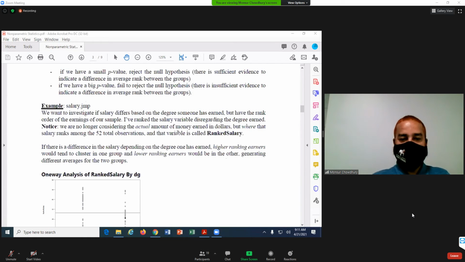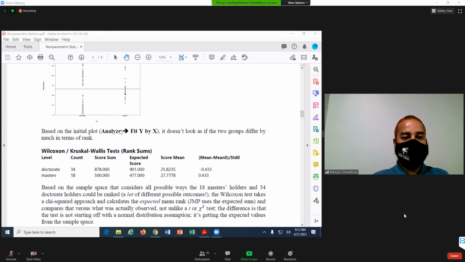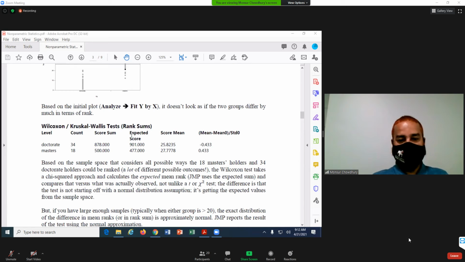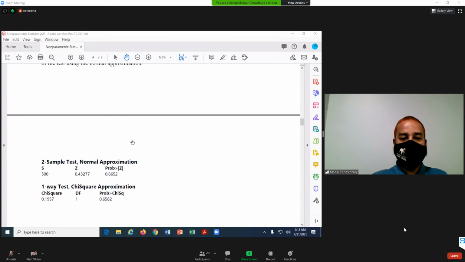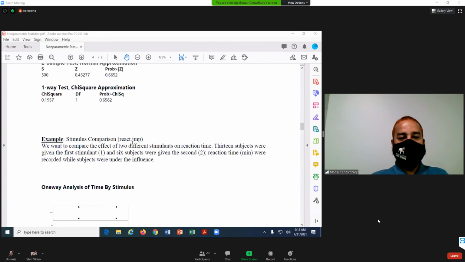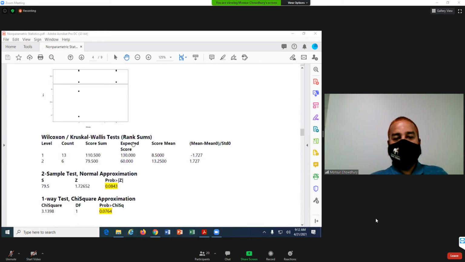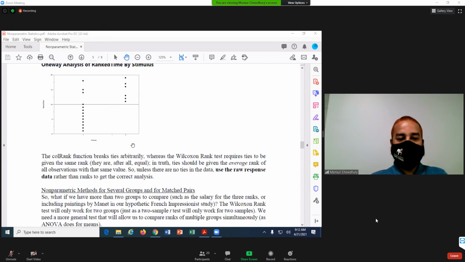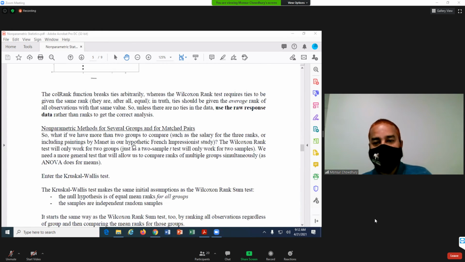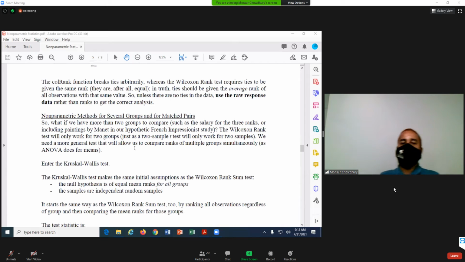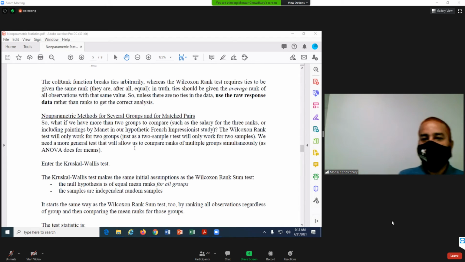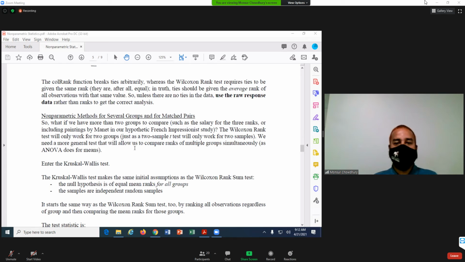Rank sum test. If we have more than two groups, then I call it a Kruskal-Wallis test. Okay, and we did these two in the last class. With other examples, I showed the same thing. Then we consider the dependent samples. When the samples are not independent of each other, we cannot do the Wilcoxon rank sum test.